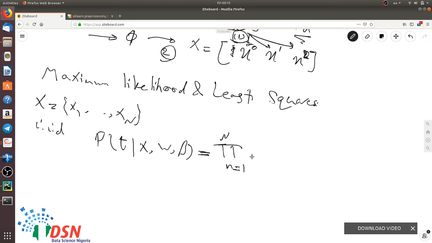so we could write the maximum likelihood as the product of some Gaussian distribution with the mean of W transpose phi of xn and beta to the minus 1, which determines the variance of the model. So it means that